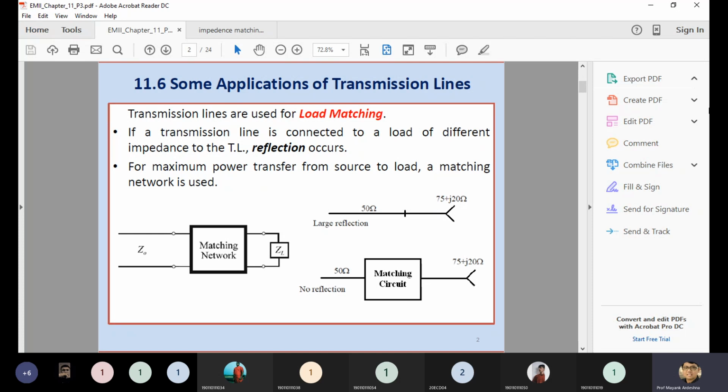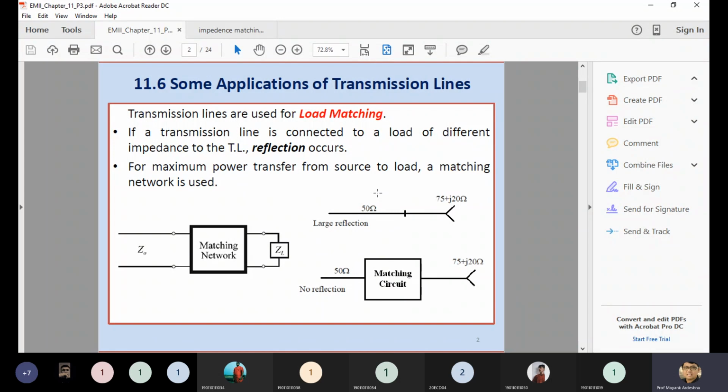On your screen you can easily see Z0 is the transmission line impedance, which is the characteristic impedance, and ZL is nothing but the load impedance. Obviously, the impedance of the transmission line is not similar to ZL. You can take the example of any antenna used in day-to-day life, which is not similar to the wire connected there, the feeder cable you connected. Okay, so you can take this example.